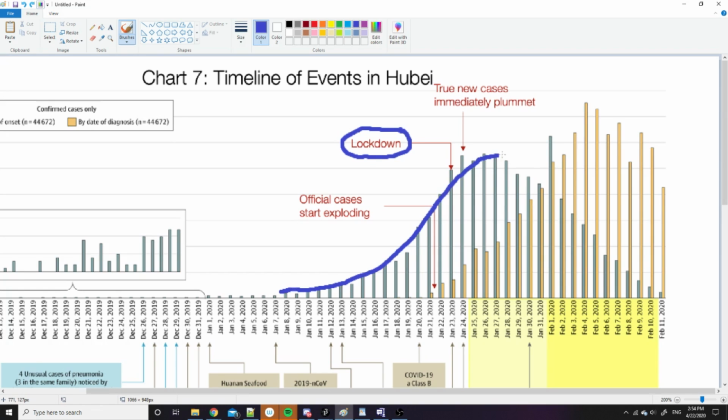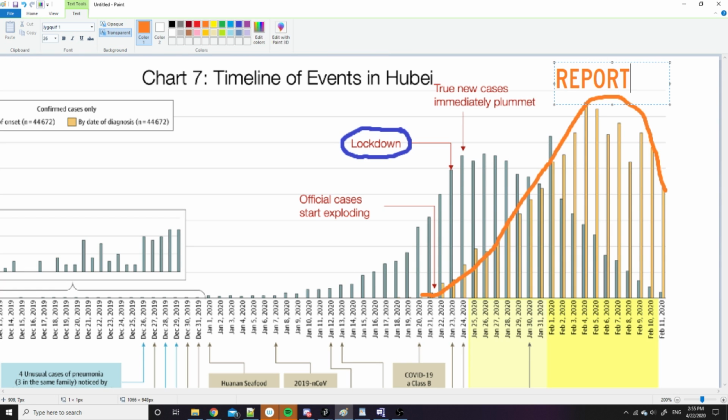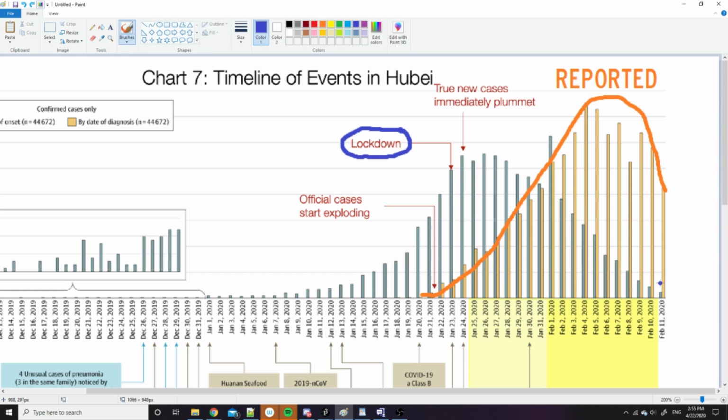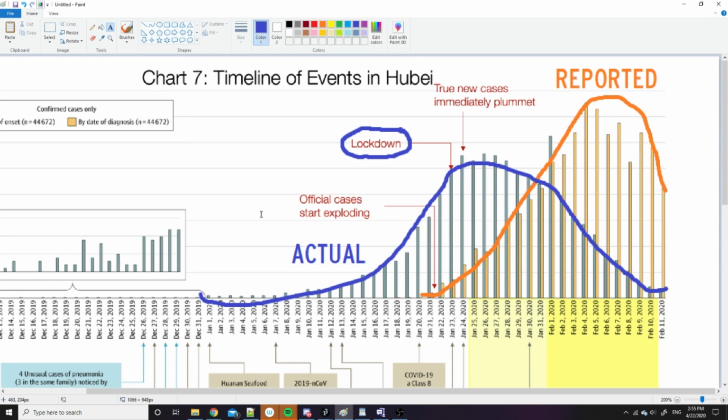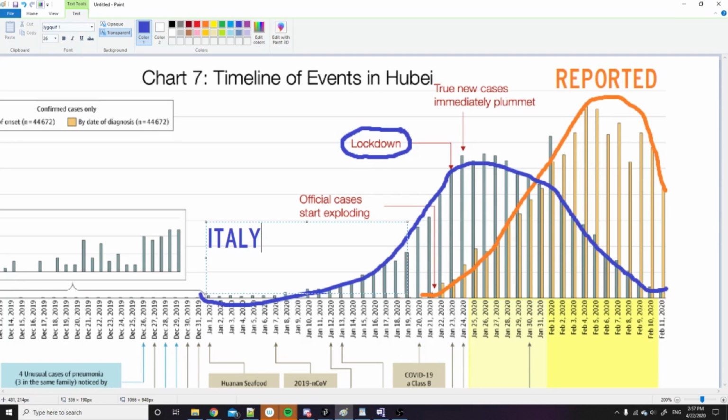Unfortunately, this two-sided data set isn't really available for most other countries. It seems like China's the only one who really has these two curves. So what I'm gonna try to do with this video is start with just the orange curve, which every country has, because every country has data of their reported cases of COVID-19. Take that data, modify it somehow, and arrive at an estimation of this blue curve, which is the actual number of cases of COVID-19. That way, we could get a good estimate of what Italy's blue curve looks like, or what the United States' blue curve looks like. Since we have no actual data, any reasonable estimate's probably better than nothing.